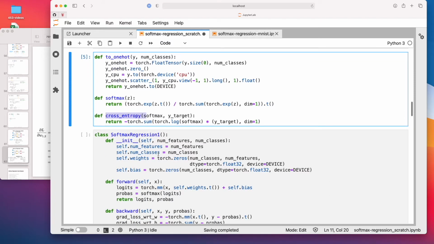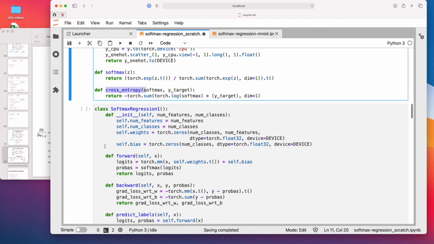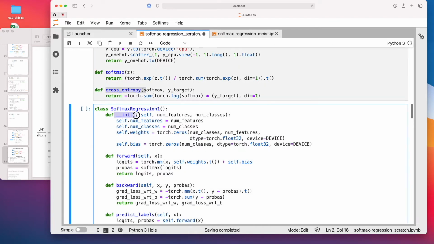So similar to logistic regression, we start with defining a class. In the init constructor method, we construct the weights and the bias. We initialize them here to all zeros. And notice that the weights, in contrast to logistic regression, in this softmax regression context, are now a matrix, right? So we have the matrix num classes by num features.